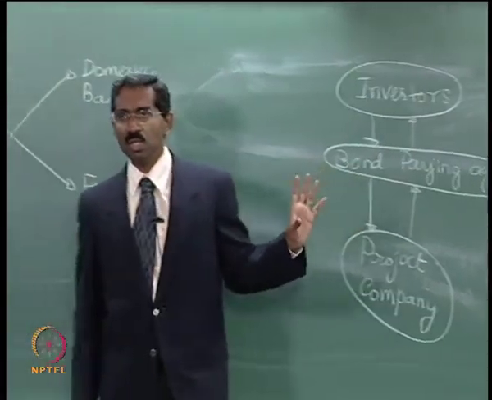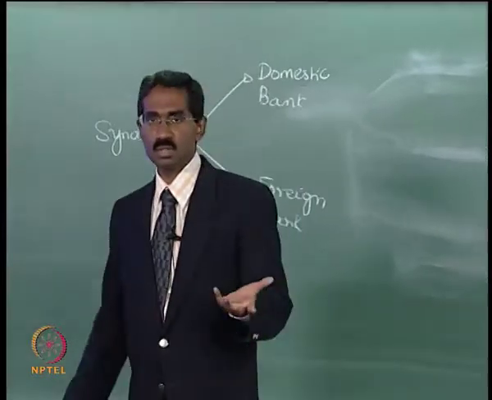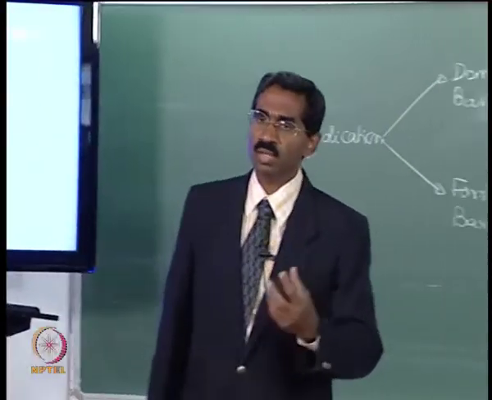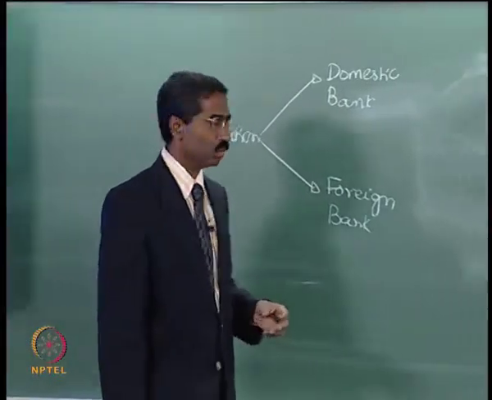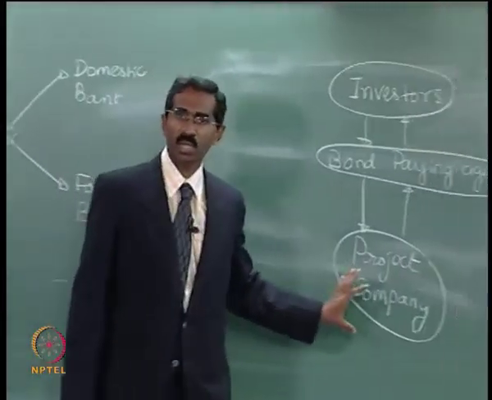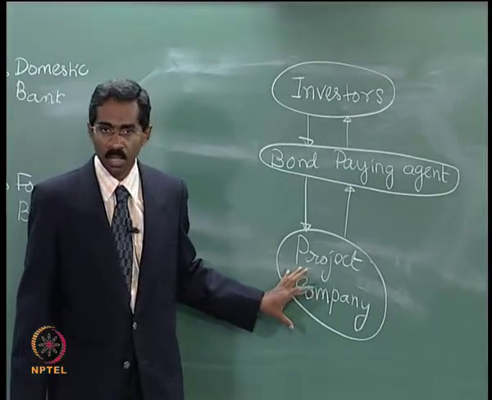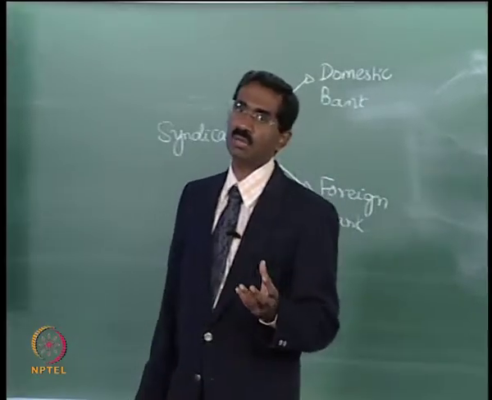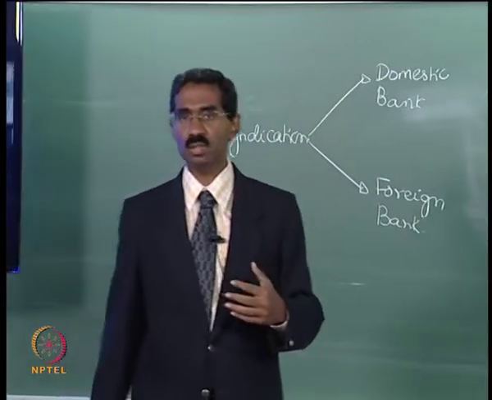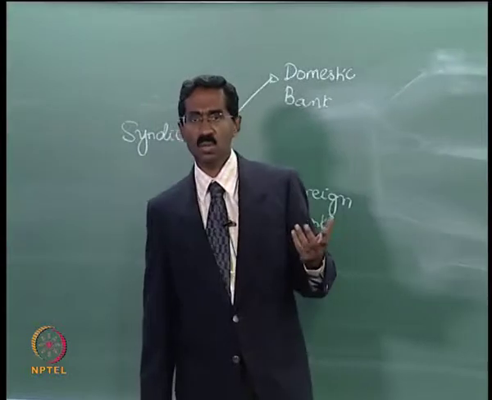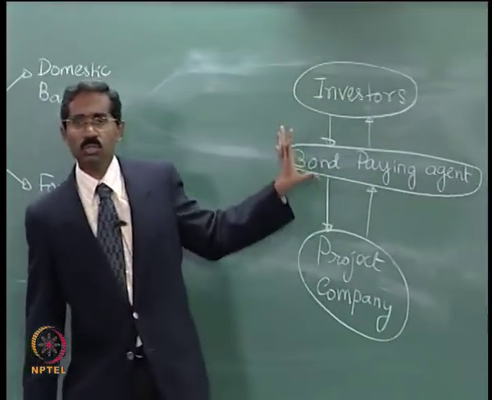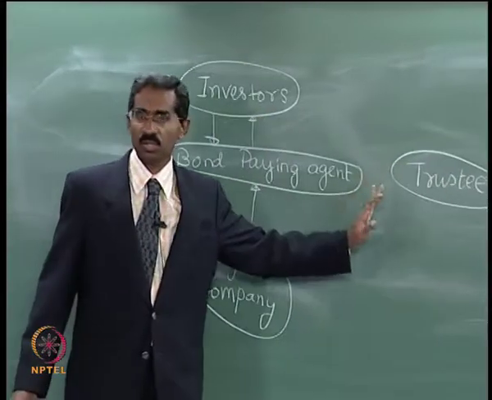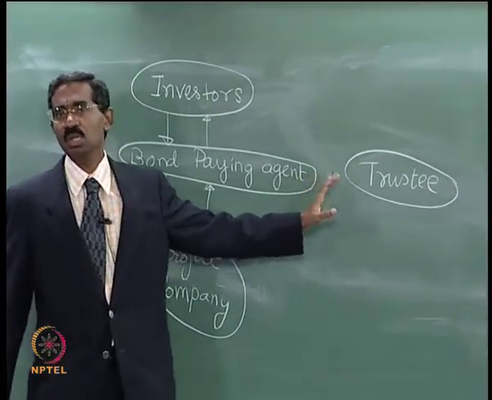There are so many investors, right, and if all the investors are actually trying to monitor the company, then it is going to be very difficult for the project company to focus on the operations. On the other hand, many of the investors might be small scale investors. They may not really have the wherewithal or the expertise to monitor. This can result in what is called a free rider problem. So to ensure all of these problems are avoided, the investors have a trustee arrangement,